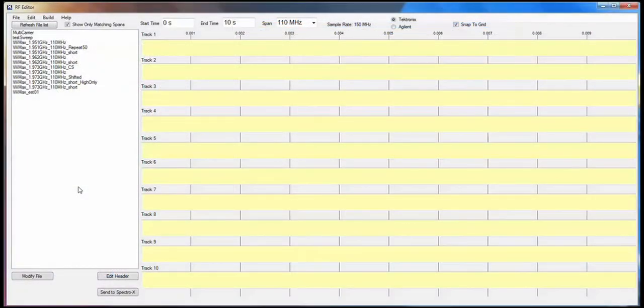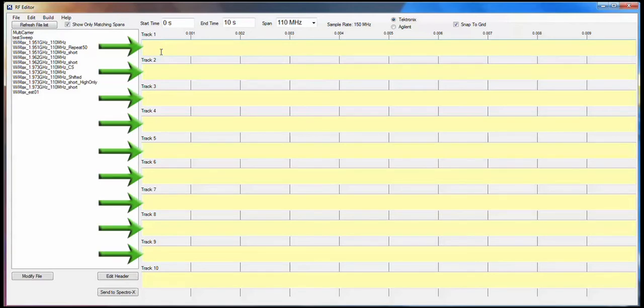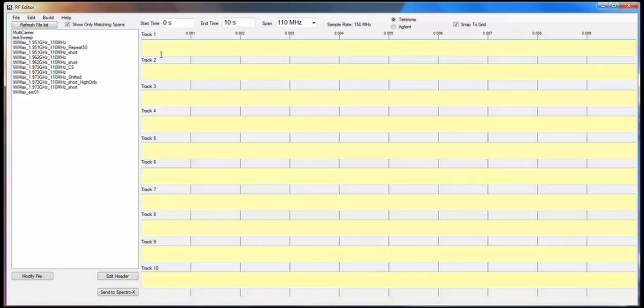You'll also notice on the main RF editor window what appears to be tracks very similar to what you might have seen if you've ever used a video or music editing program. And in fact, these are exactly that. They are time tracks that allow you to very precisely position individual waveform segments in the time domain